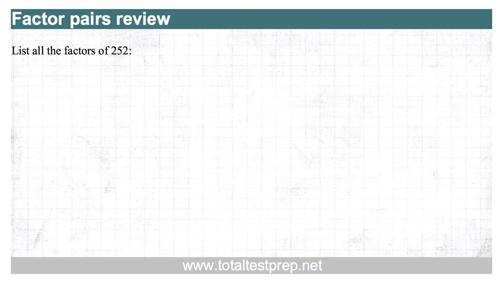We're asked to list all of the factors of 252. And to do that, we'll use a method called the factor pairs method. Essentially, we're going to be listing pairs of numbers that multiply out to 252, and we're going to do that in a systematic way. So the way you start off is by making a table, put 252 up top, and